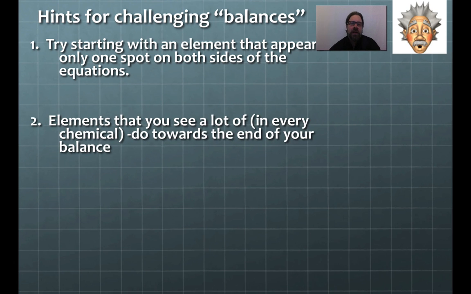Number 2, elements that you see a lot, that are in almost every chemical. Oxygen is one that's like that. Hydrogen often. Do those towards the end of the balance. Number 3,